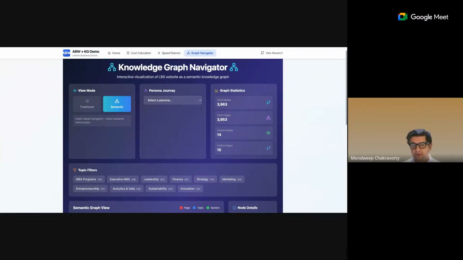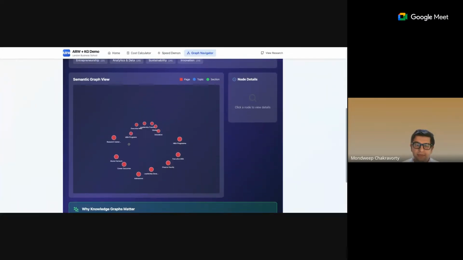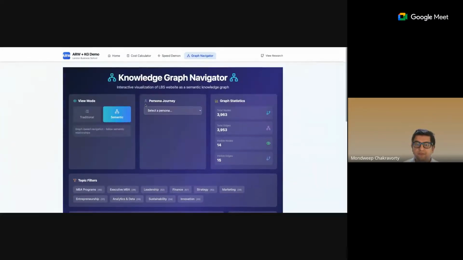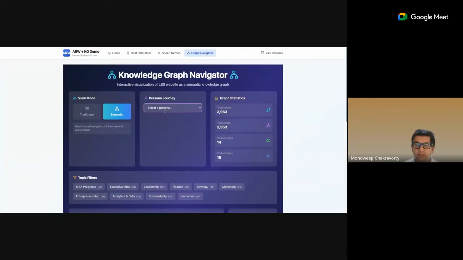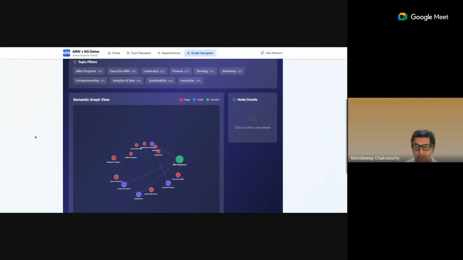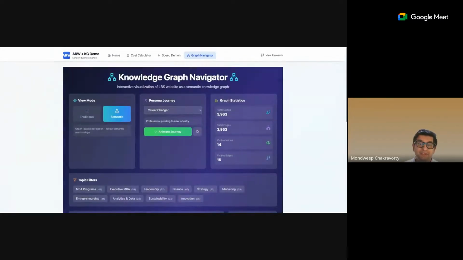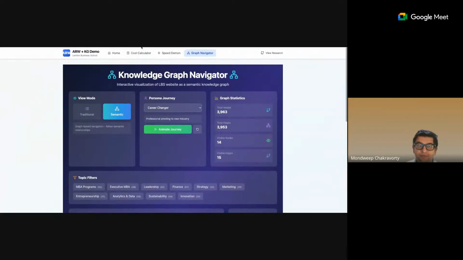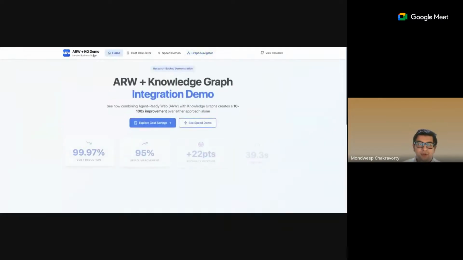So different content, different themes were graphed. There's a graph on my LinkedIn post somewhere. But I guess this is showing an idea: if you are a persona who's a career changer, and I've not tried this before, so I'm doing it now, how the interactions could potentially be. So, probably that traceability and so on. But yeah, it's just for fun. I wanted to add to this, but there we go.